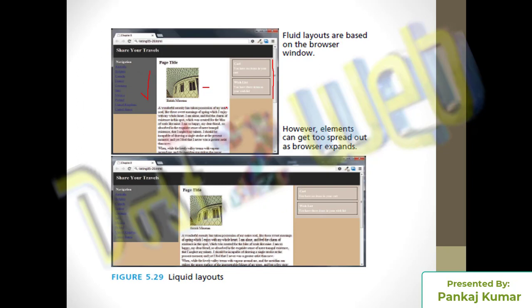Now you see how the text is here, and how it is here. The moment you increase, it also expands. Why? Because we are using percentage. As much as you increase or decrease the size of the browser, it will get adjusted in the liquid layout.